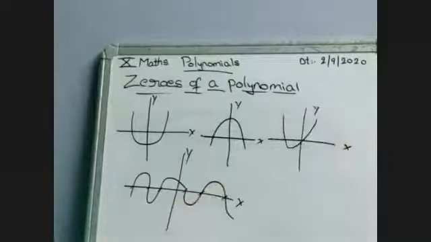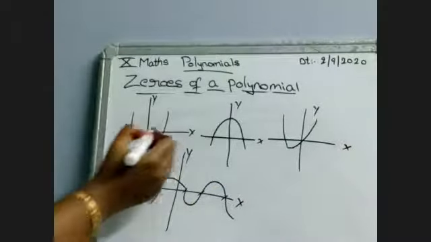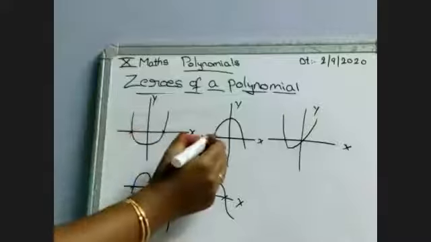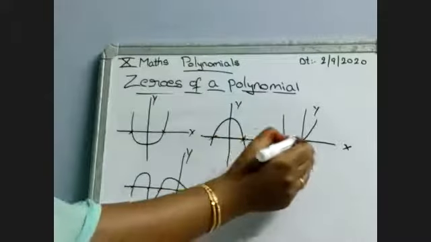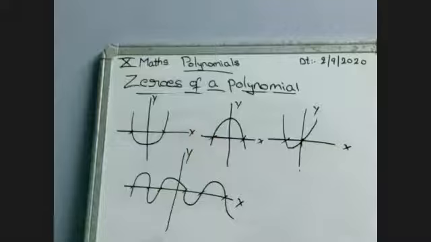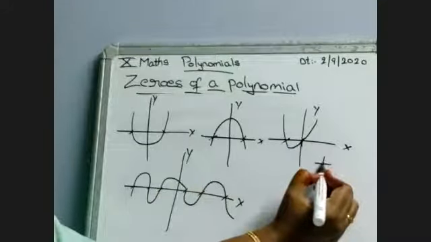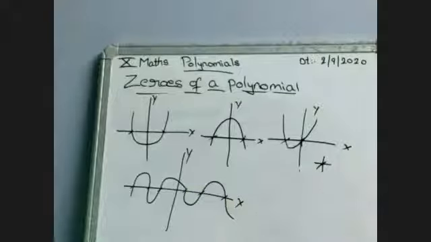Okay, I think all of you got clarity. Why? Because here this is a parabola, whatever it may be, it is cutting the x-axis. Here also the parabola is cutting the x-axis. Here also it is cutting the x-axis. Madam, here it is horizontal. Yes, it is horizontal only. But here x and y are there. Yes or no? We can take it as x also. So there is no confusion at all, I think.